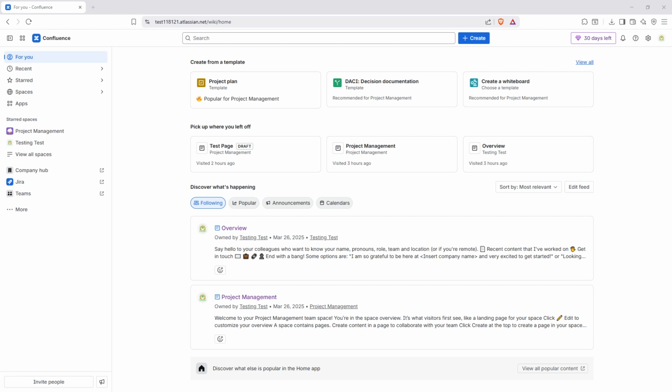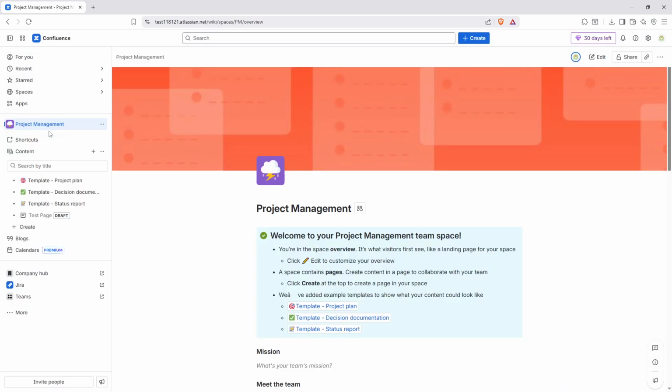First things first, you'll want to navigate to the space where the page you intend to edit is located. Spaces in Confluence are essentially categories or folders that help organize content, so be sure you're starting from the right place. Once you're in the correct space, take a look at the list of pages and locate the one you'd